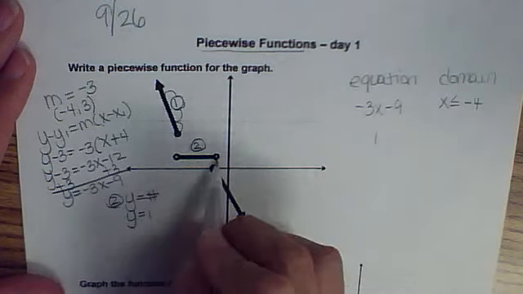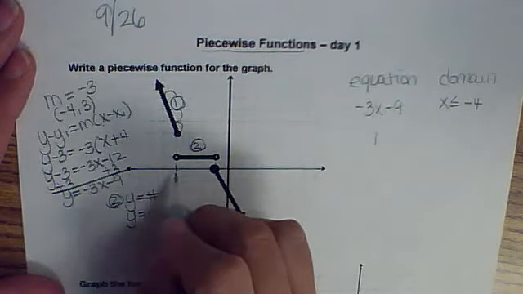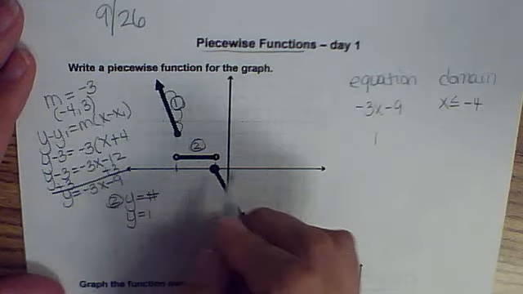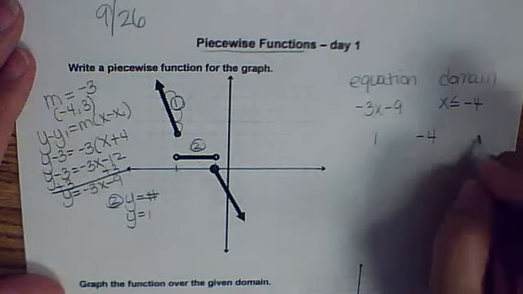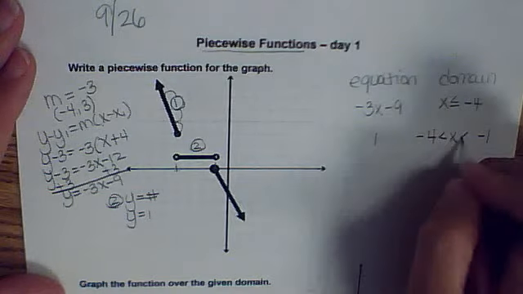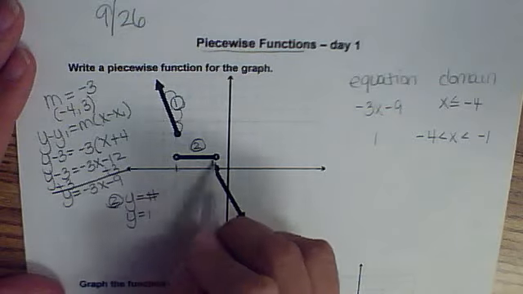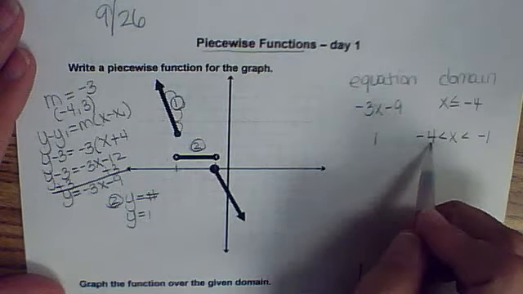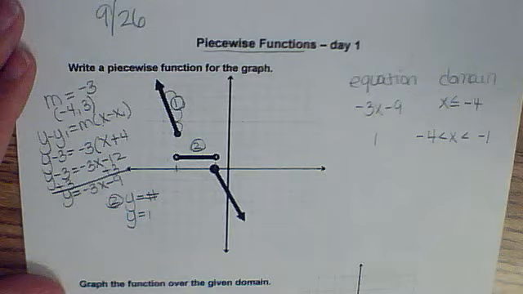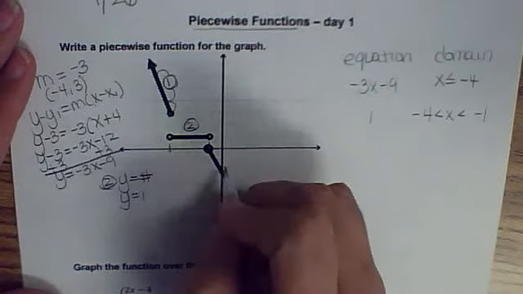This time, I have two endpoints. It goes from here to here, so from -4 to 1. So my domain, I put -4 and -1. The x in the middle, less than and less than. They both are going to be less than because they're both open circles. Remember, open circle is just less than, closed is the less than or equal, or the greater than or equal, depending on the problem. So this last section,